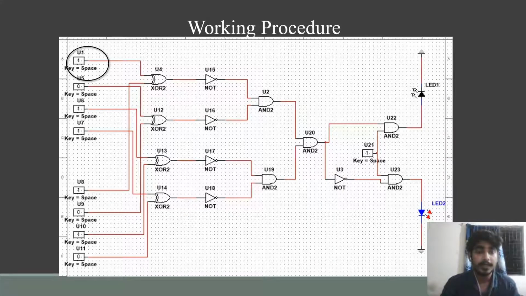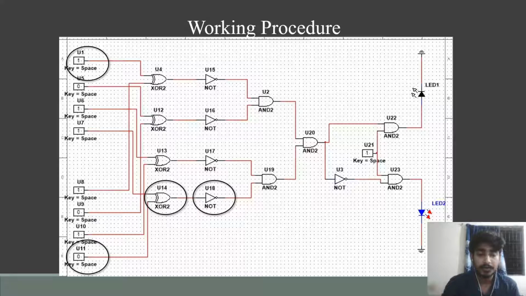Now let's talk about the incorrect password. Here we have the same mart key and input key. In the incorrect password scenario, the values in mart K and input K are not the same. So the different values from input and mart K go to the XOR gate, and we know if the values are different, then it provides 1. The 1 output goes to the NOT gate and it inverts the value, and the output 1 goes to the AND gate